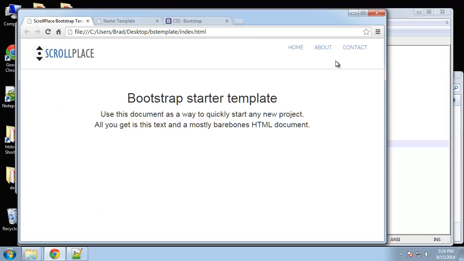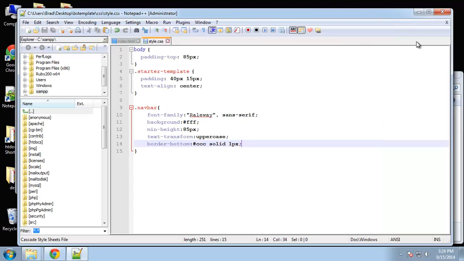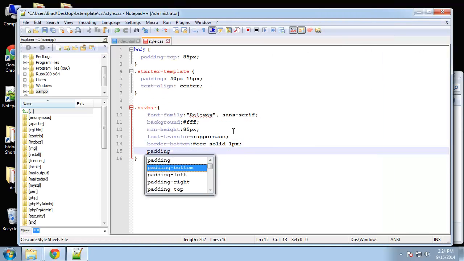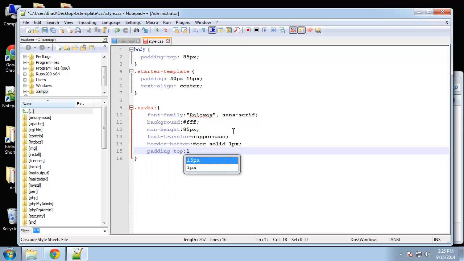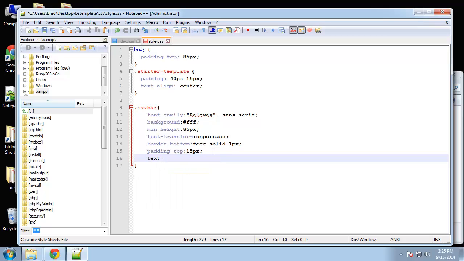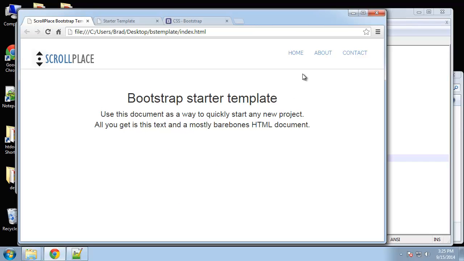Alright, so I want to add some padding here for this menu to push down. So we'll say padding top 15 pixels. And I'm also going to align the text to the center. I want to do text-align center. Alright, because we want it centered so that when we add our secondary text, it's centered under it instead of to the left. Alright, so you can see now that the logo has pushed down, and that's because the branding